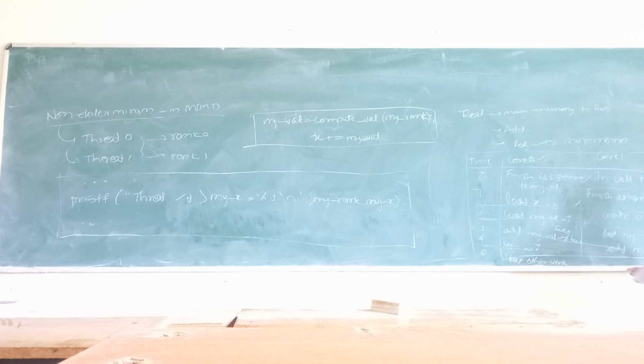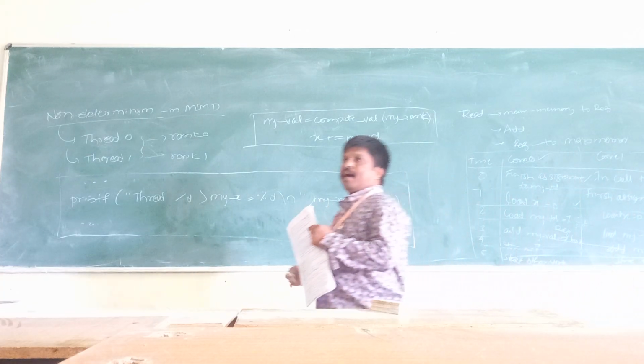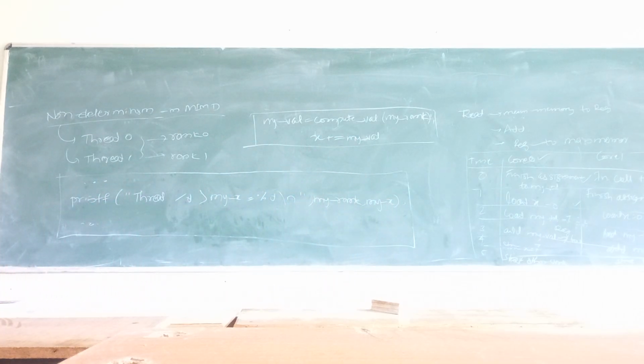Then the result is to be stored back here. Store x, then also store the value of the addition. 19 plus 7 is how much? 25 is to be stored back in the x value only, in x itself. Earlier x was 7, next value is 19, then after the addition the x value becomes 25. Means we are doing three operations: read, fetching, and addition. Then we are writing back, giving the result back to the main memory only.